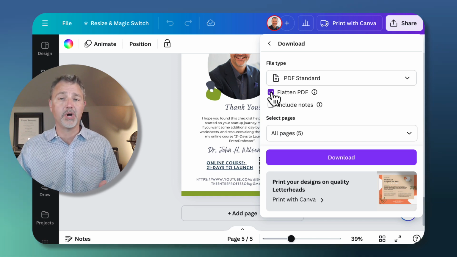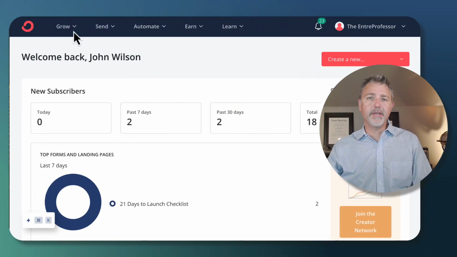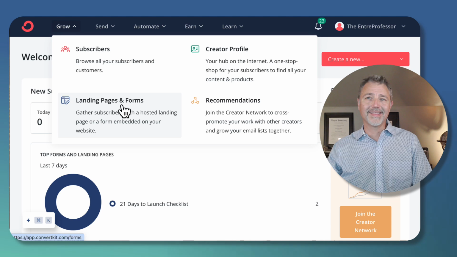That makes it nice and small so it's easy to transfer. And by pressing the download button, we're ready to go. Now I'm going to jump into ConvertKit, and this is the Grow segment where I'll create a landing page and